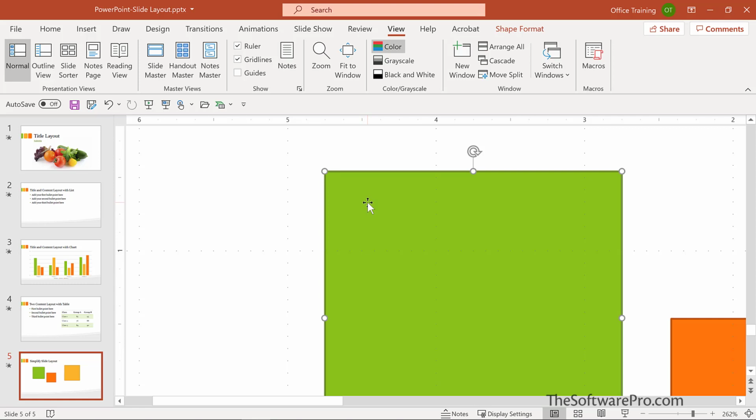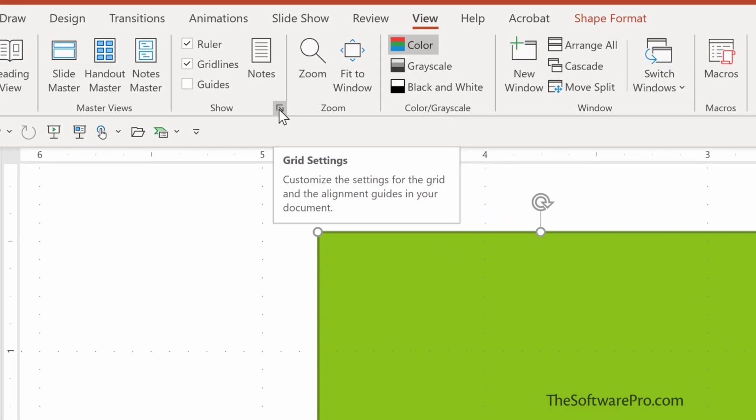So there's a couple things that might be helpful. First of all, you might want to turn off that feature, and you might want to have smaller spacing or different spacing on the grid. So let's look at how to change that. We go once again back to the View tab and select this dialog launcher, this arrow that's in the corner